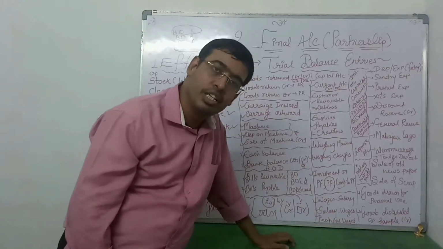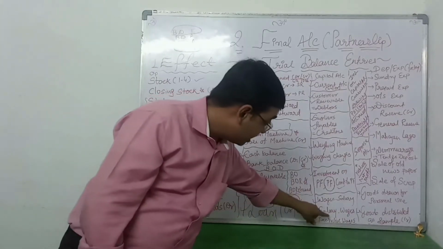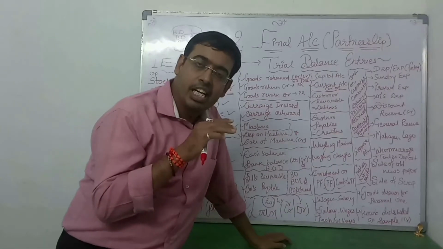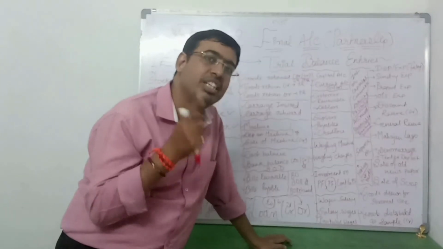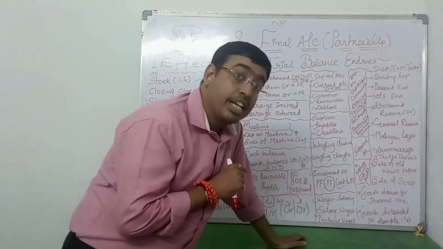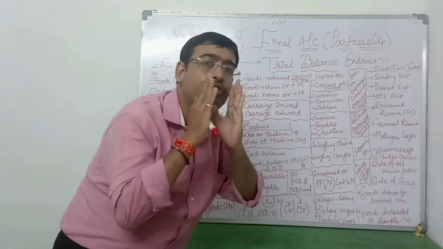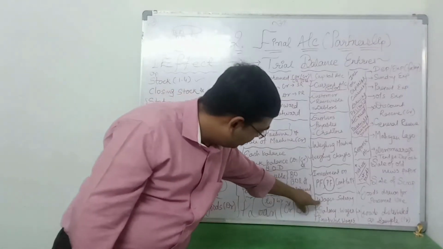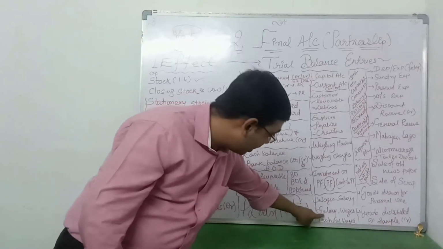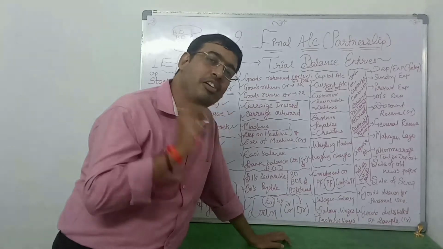Clear, beta ji? Understood? A little further to it is wages and salary, salary and wages, production wages. Now wages comes in trading account debit side, you know. Why? Because it is related to production. However, if it is written with salary, it would have little changes. You have to concentrate on the first word which is written. Wages is written, so it is written in trading account debit side. If salary is written, P&L debit side. If productive is written, trading account debit side.